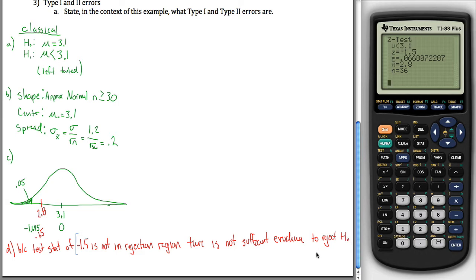I'm not saying that my null hypothesis is right, I'm just saying there's not enough evidence to conclude that it's wrong. So because my test statistic of negative 1.5 is not in the rejection region, there's not sufficient evidence to